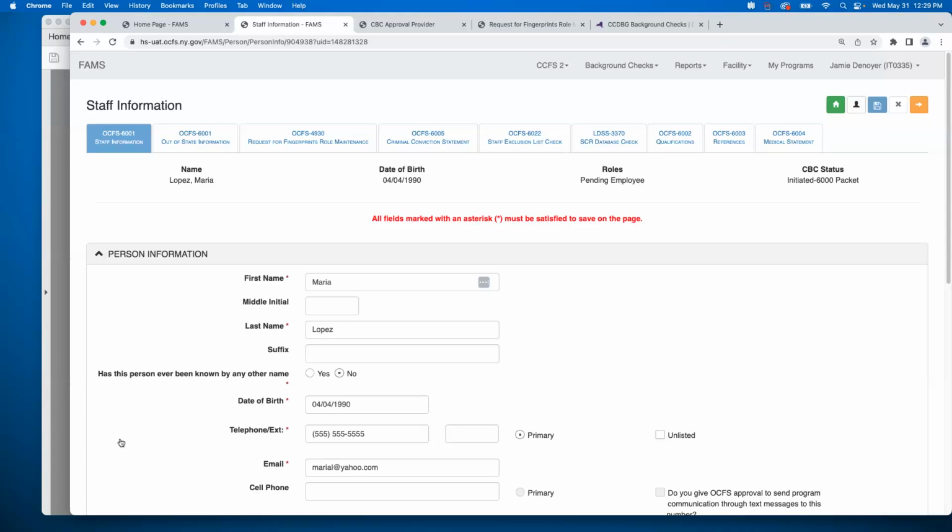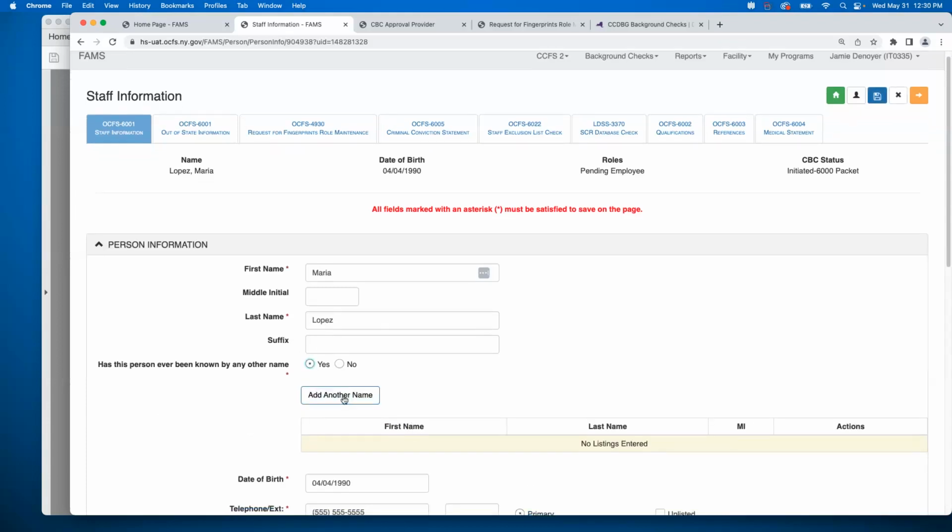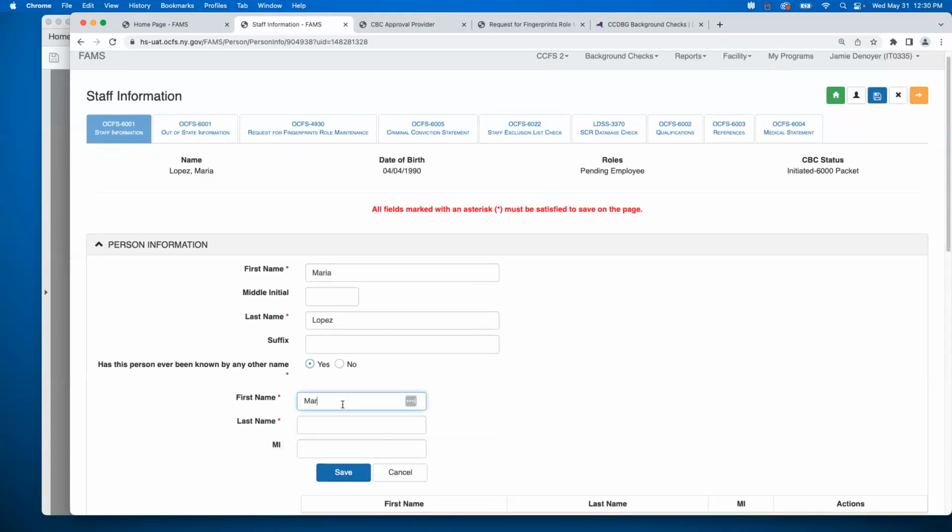Couple of things to point out here is, has this person ever been known by any other name? Maybe Maria, maybe Lopez is her married name and she has a maiden name. If somebody was known by another name, you can click yes, and then you can add their other name here. So maybe she was Maria Roberto, and click save.